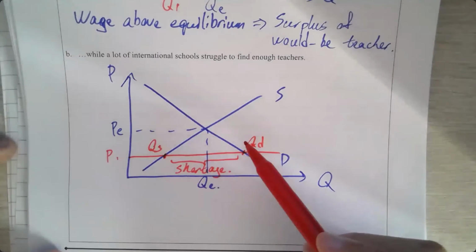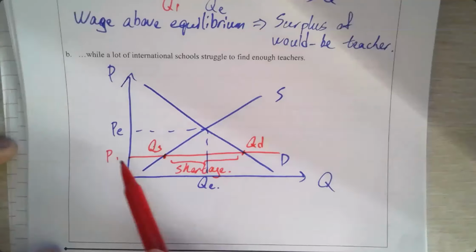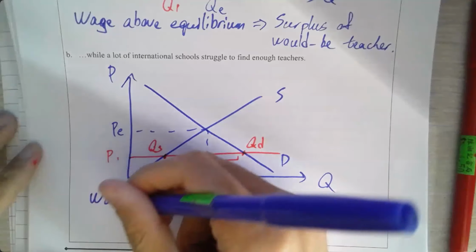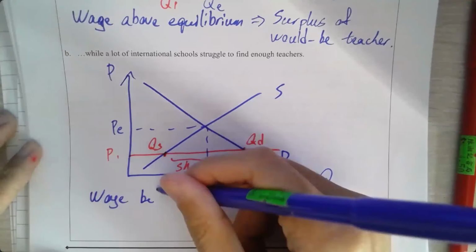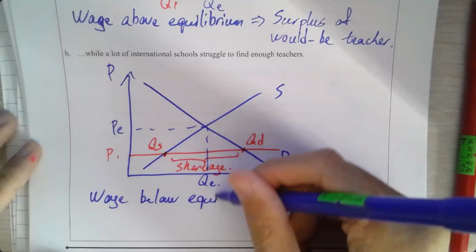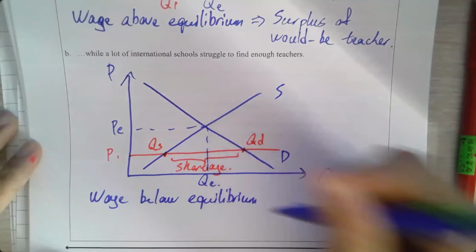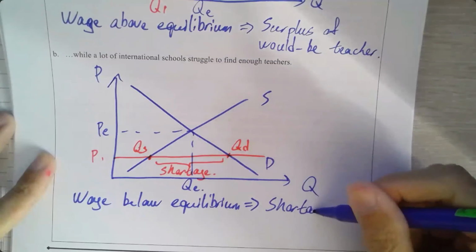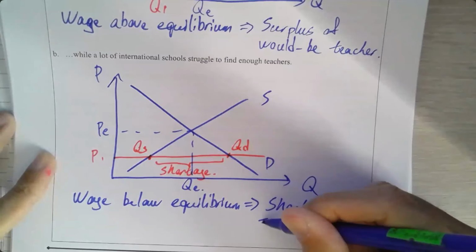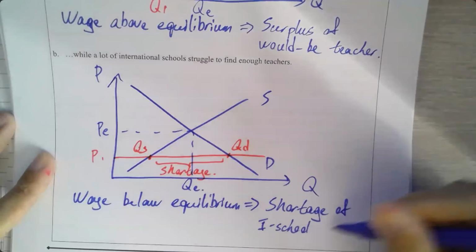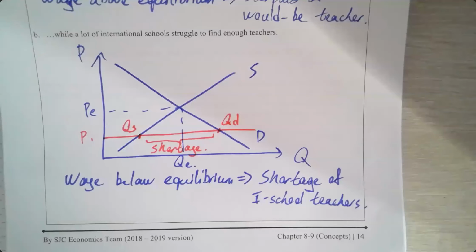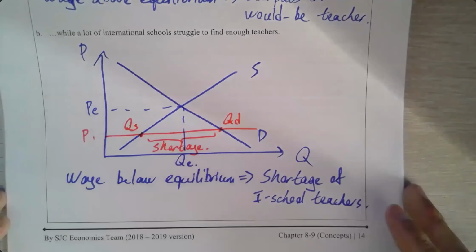好多學校想要 many international schools want those teachers, but not enough teachers are going to international school simply because the wage is below equilibrium. Okay, therefore, there will be shortage of iSchool teachers. 係嘛？咪唔夠 teacher 過去咯，係嘛？人工太低啊。